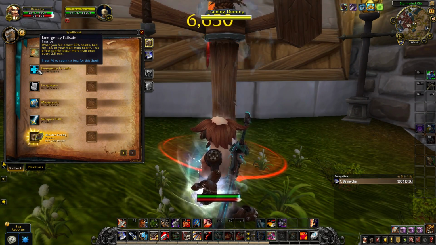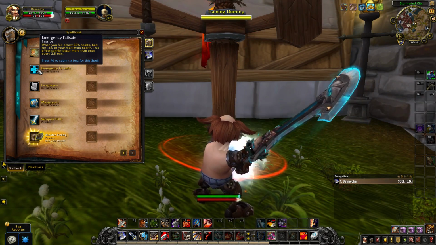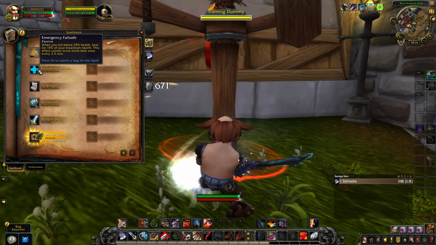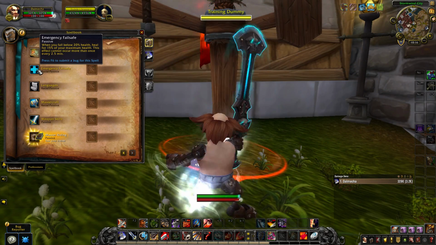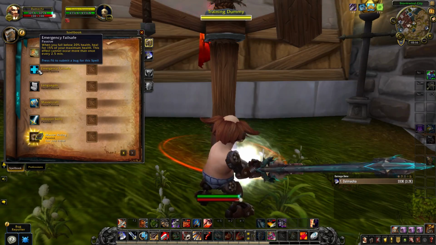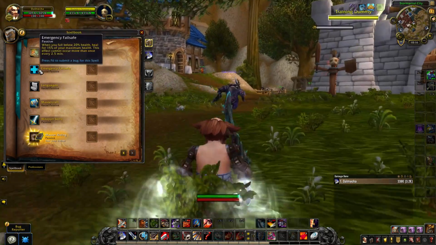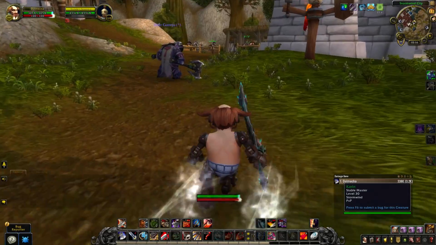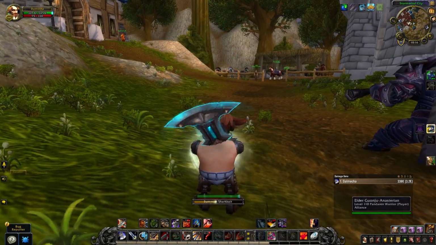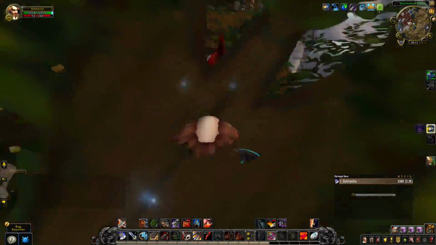You also have Emergency Failsafe, which is great for Blood Death Knights. When you fall below 20% health, heal yourself for 15% of maximum health. This effect cannot occur more than once every 2.5 minutes. So this is actually quite amazing for Blood DK, but also can be used for Frost Death Knights as well as Unholy in PvP. Essentially, whenever you drop below a certain amount of health, it will just give you a